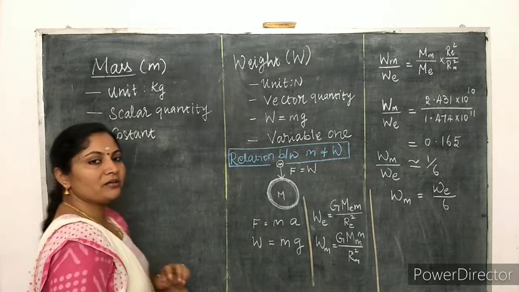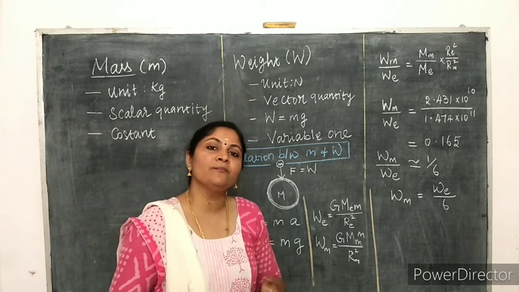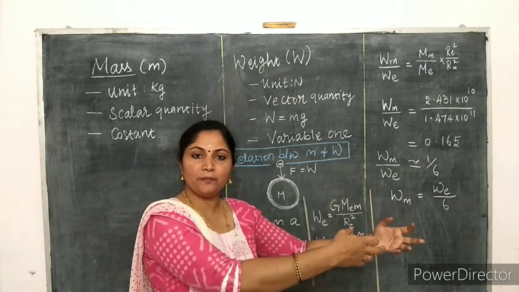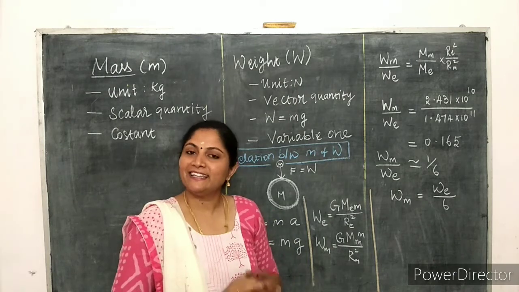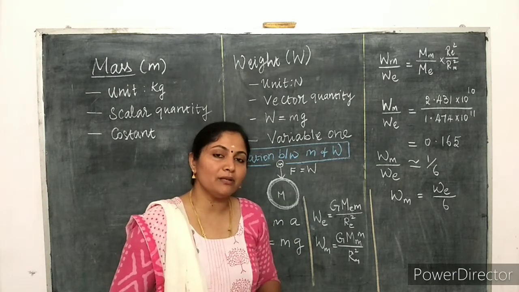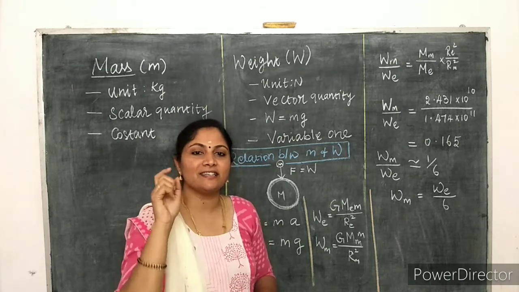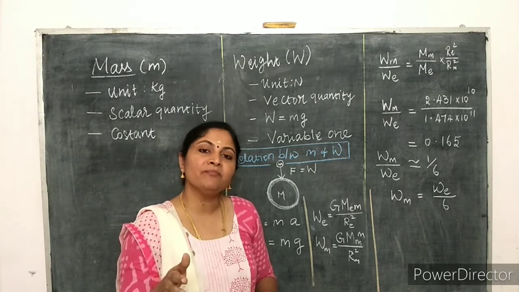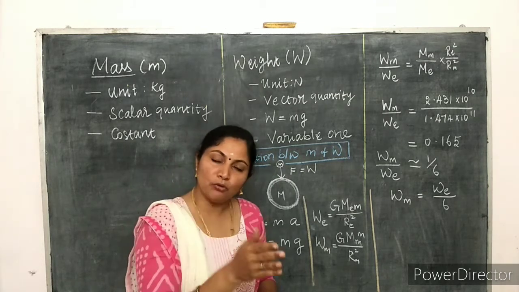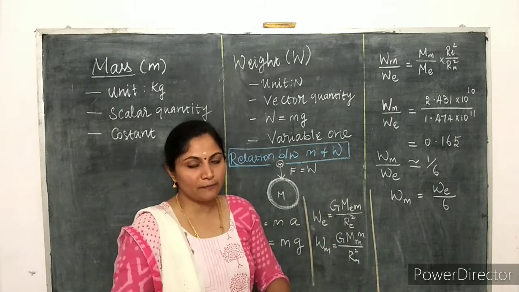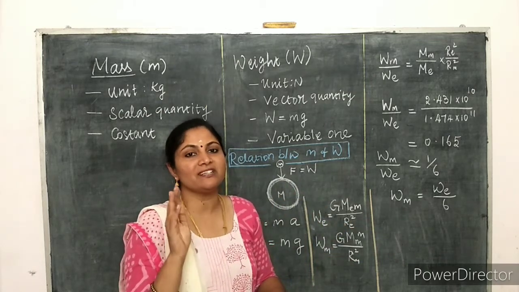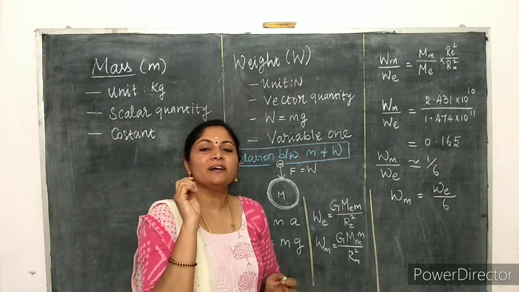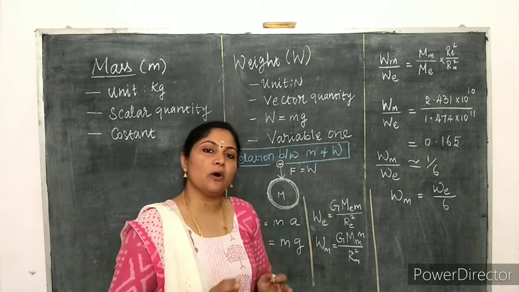It is a constant one. Mass of the object is a constant one. If we check the mass of an object on the earth or on the moon or in Jupiter or anywhere in space, it remains constant, it is not a variable one. If I say the mass of an object on the earth is 30 kilogram, the mass of the object on the moon or in Jupiter or in space remains the same, that is 30 kilogram only. So remember that the mass of an object always remains constant.